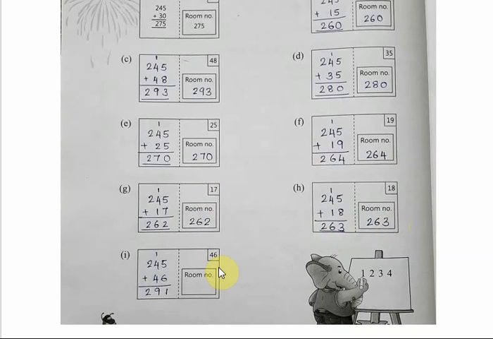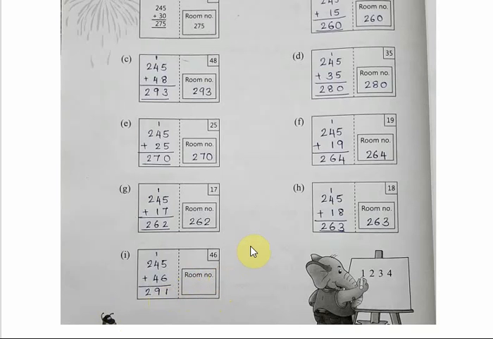Now moving on to the next, what is the number written by postman uncle over here? So it is 46. And what is the postal code? Postal code is 245. The post office code is 245. So we can add 245 plus 46. Okay. So 5 plus 6 is equal to 11. Write 1 here, and 1 is carry forward. 4 plus 1 is 5. 5 plus 4 is 9. And 2 plus nothing is there, so bring down 2. You will get the answer 291. This 291 should be written here. I had forgotten to write over here. So please write this 291 in this space provided here in the room number.